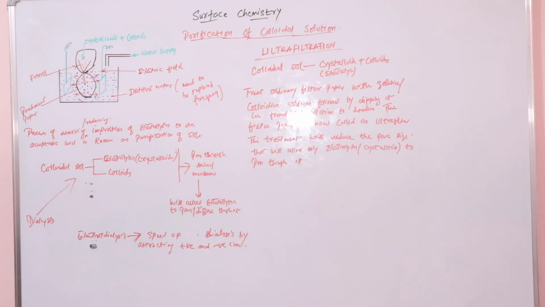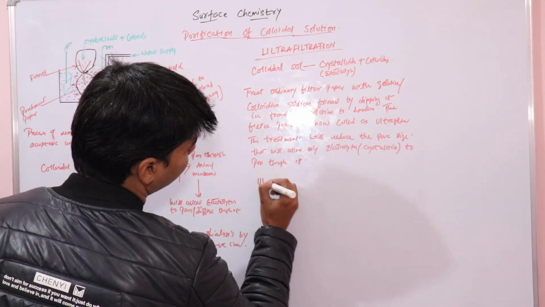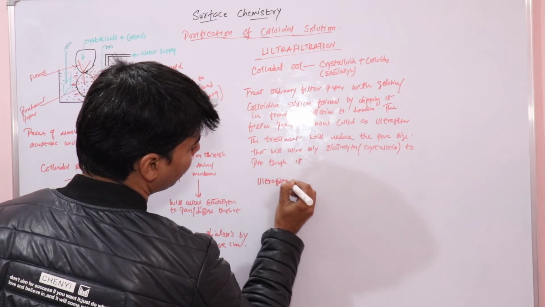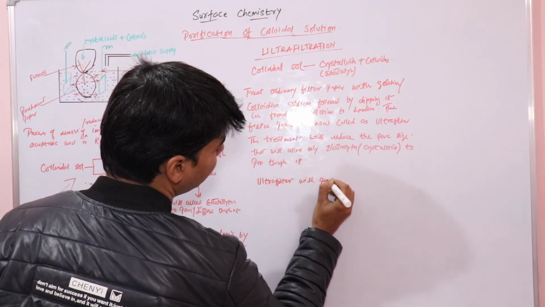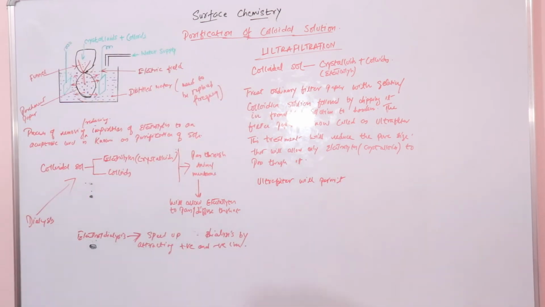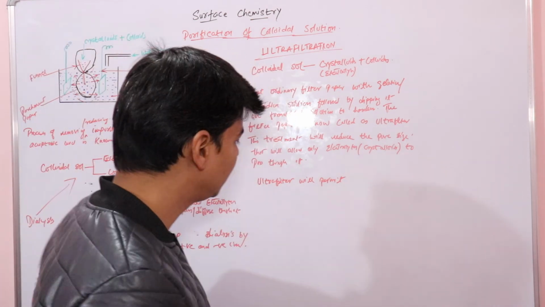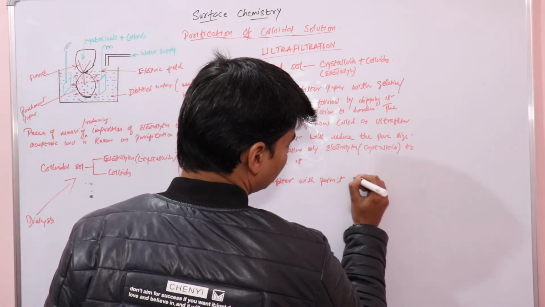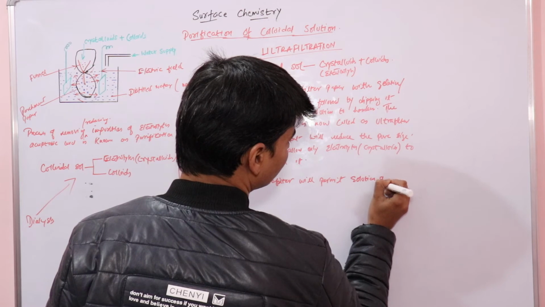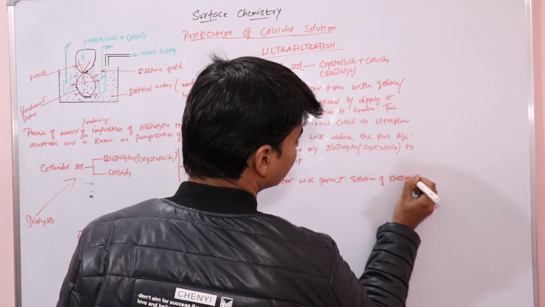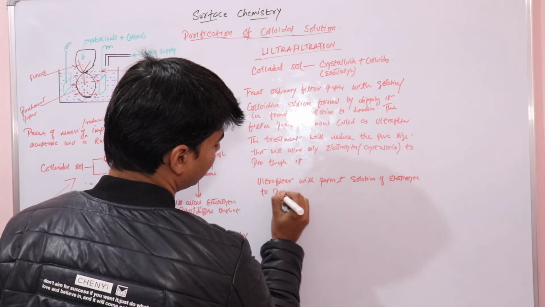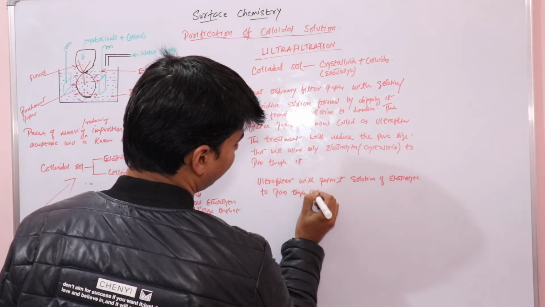So I hope this is clear to you, right? So I'll just write here, ultrafilter will permit, which particle will it permit? Ultrafilter will permit only crystalloids to pass through it, right? It will permit solution of electrolyte to pass through it, right? Crystalloid is what? Crystalloid is electrolyte, right? So ultrafilter will permit solution of electrolyte to pass through it, right? And leaving